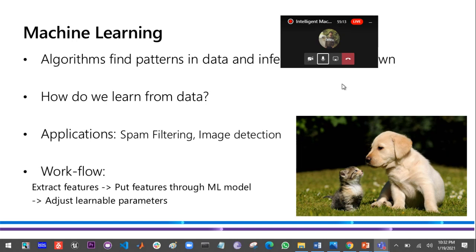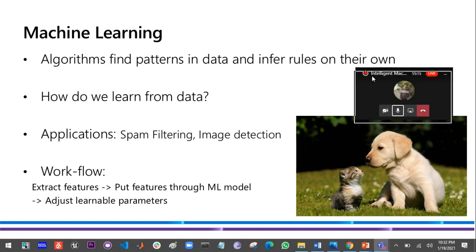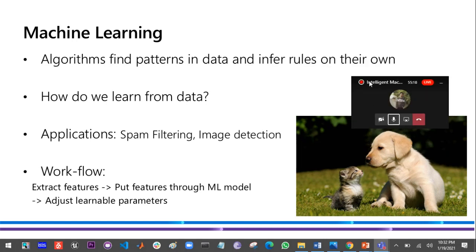Machine learning takes data, huge amounts of data, well, not even huge, it can't be less, but it takes data. It tries to find patterns in data and tries to infer rules on its own. So if you look at pictures of cats, you could learn that cats have whiskers. When you take pictures of dogs, you can learn that dogs have floppy ears. Another interesting feature is that you can take heights, and you can see that cats are a lot smaller